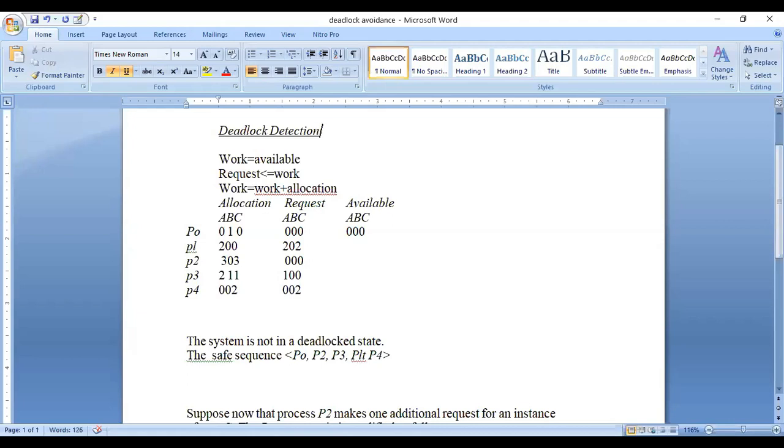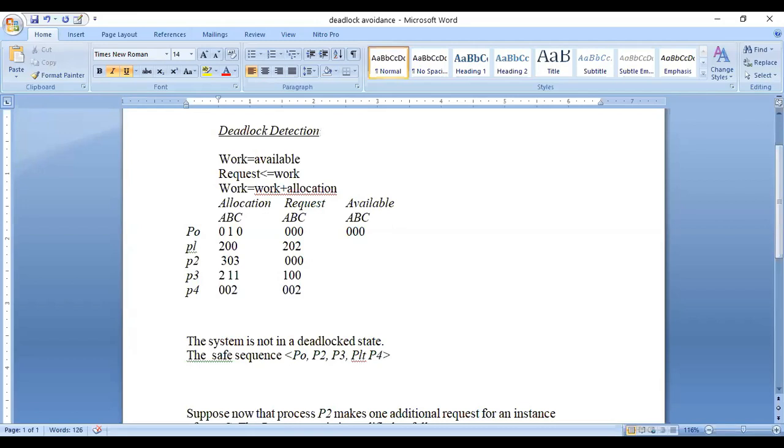Available means the number of available resources of each type. Allocation is the number of resources of each type currently allocated to each process.